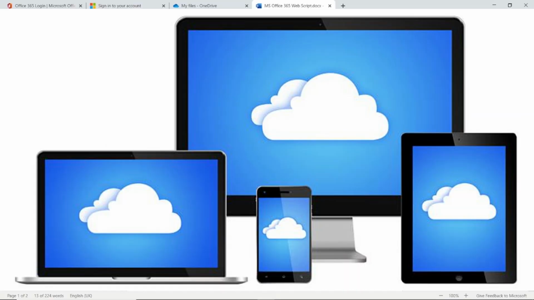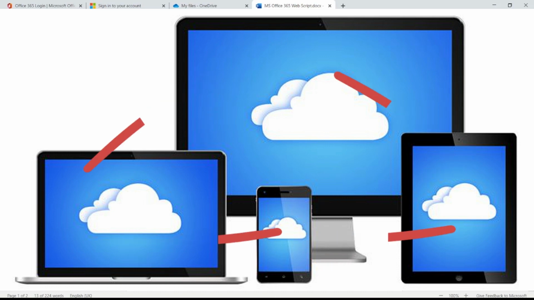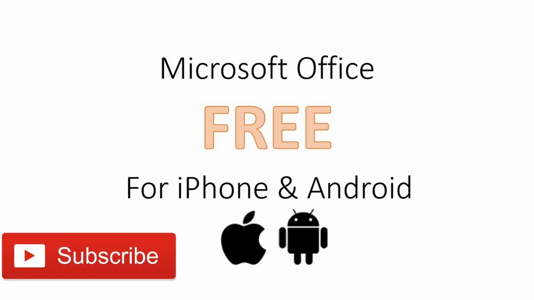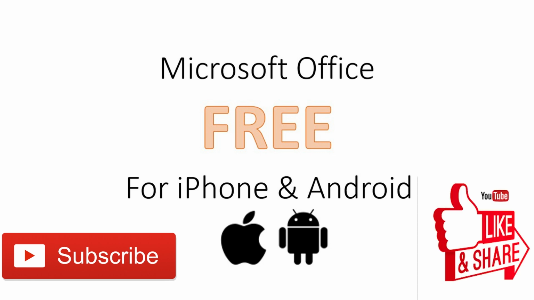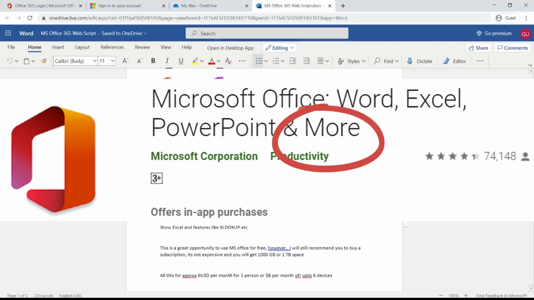The next point here is sync files between various devices, which is you don't need to have one computer. You can simply use whatever device you have. You can even use your mobile device. Now if you go to my first video, which I've already published, there I have showed you how you can use the Microsoft Office apps for free, and in fact more. There are more options available on the mobile device, because you can use your camera to scan and do a lot more things.